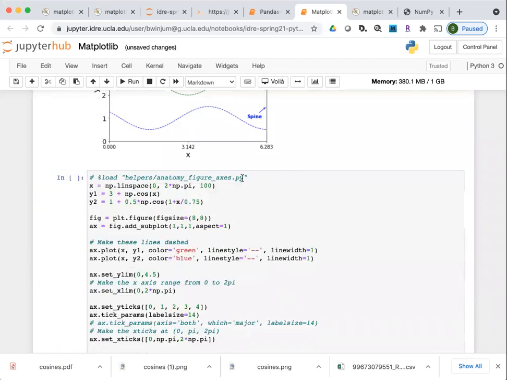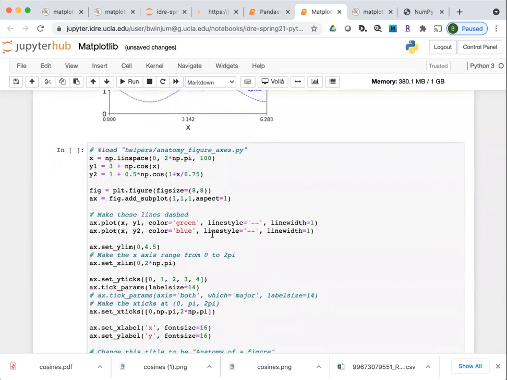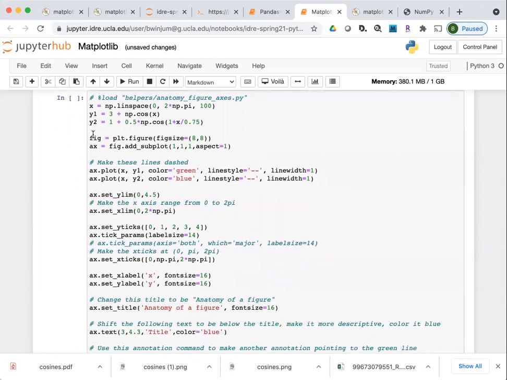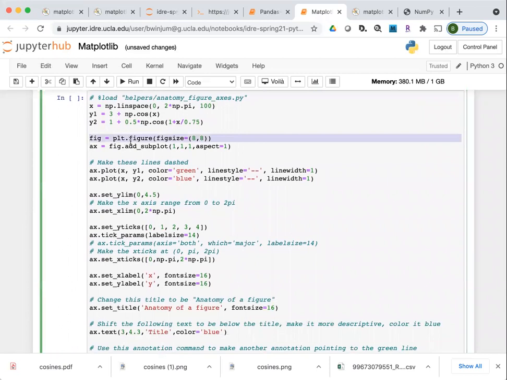If you execute this cell, it will load in what that code looks like if you use specifically the figure and the axes objects. The code should look familiar, but this is where we generate the figure object with plt.figure. This is making the first plot. In this case, there's only one plot, so there's just one axes object. And aspect equals 1 just means that the aspect ratio numerically is going to be equal to 1, so a scale of 1 horizontally is the same as a scale of 1 vertically. That's an aside.